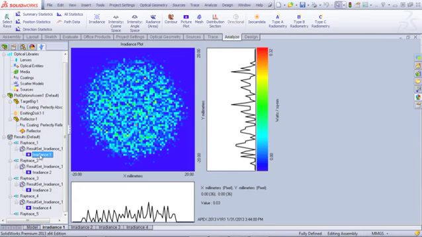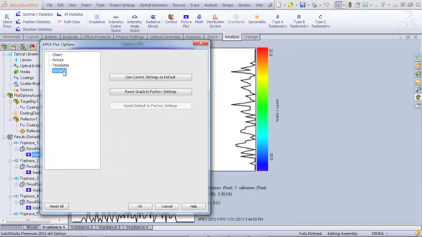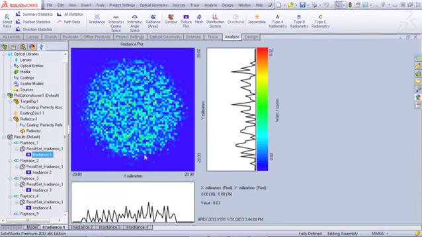Another great feature for Apex 2013 is the ability to save the current option settings as the default values for all the future graphs that you may want to create. In order to do this, in the Plot Options panel, I pick Defaults, and then I select the button Use Current Settings as Default. And once I do this and click OK,